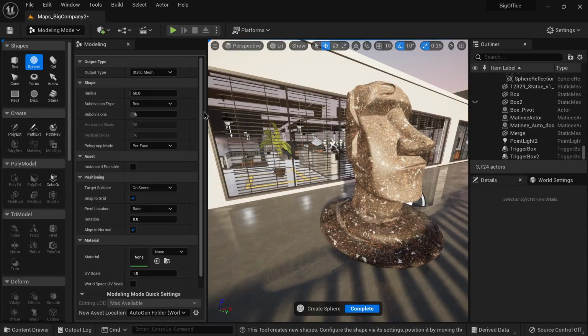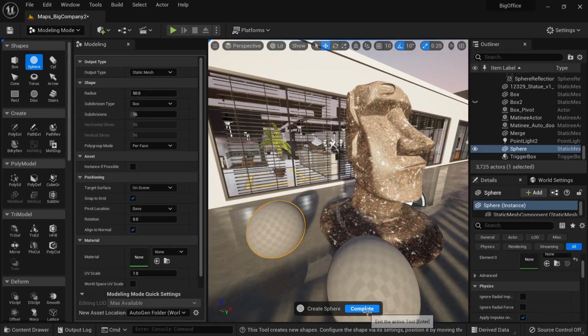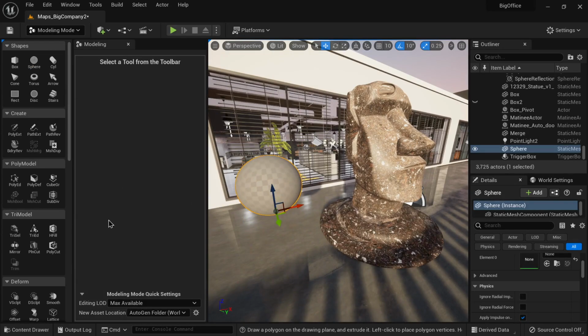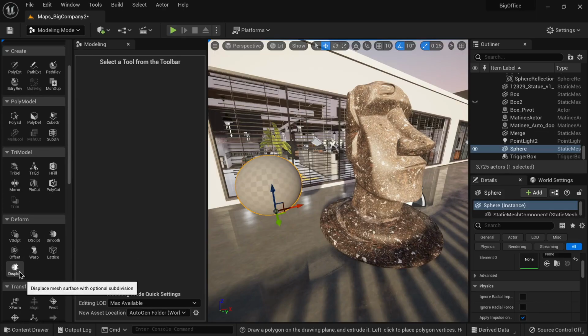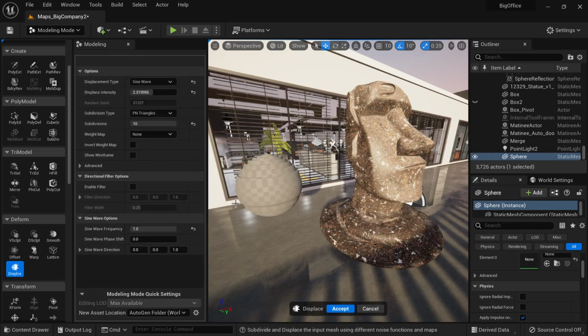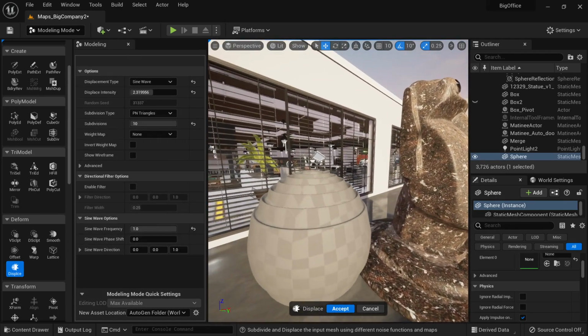Let us bring a sphere in this scene. Just select it. Now let me show you the displacement tool. The displacement tool will actually subdivide this sphere and it will add a filter to that subdivision. So just press displace. Now it is subdivided